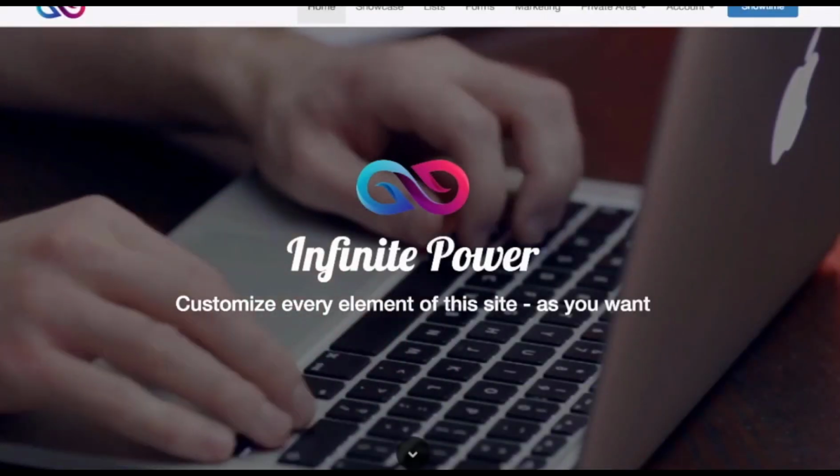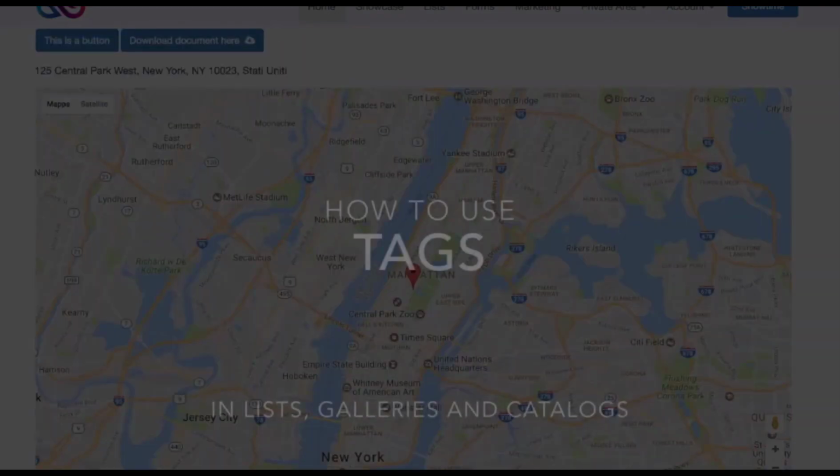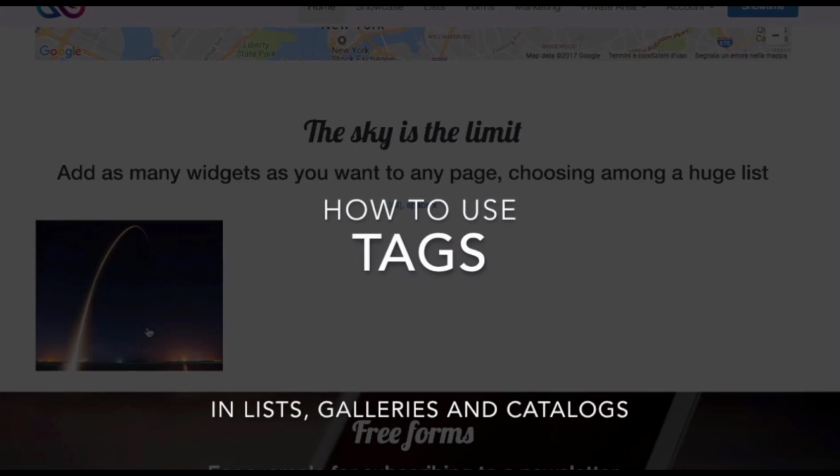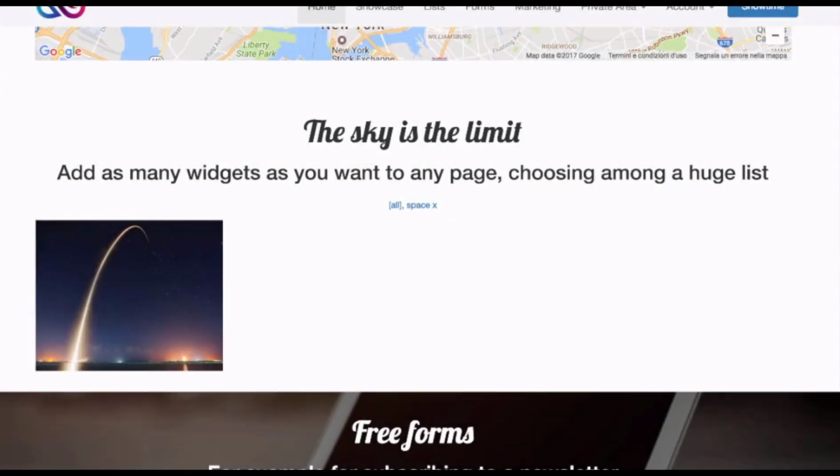Hi there! In this video tutorial you will see how you can use tags and attach them to list items, images and products so that visitors to your site and app can browse more easily all the pages and contents. In this video we will use a gallery of images as an example, but the same applies to lists and